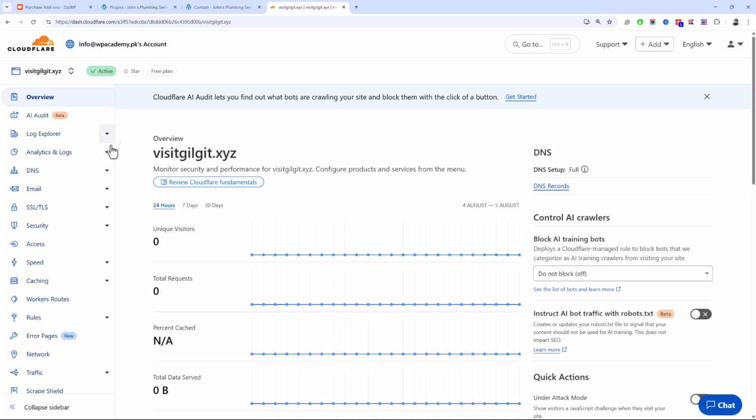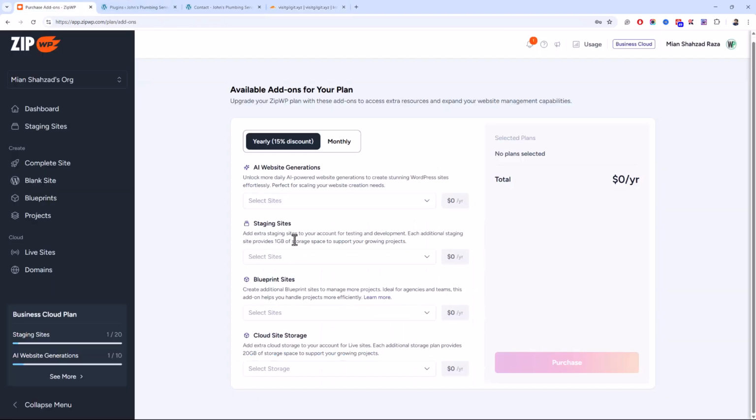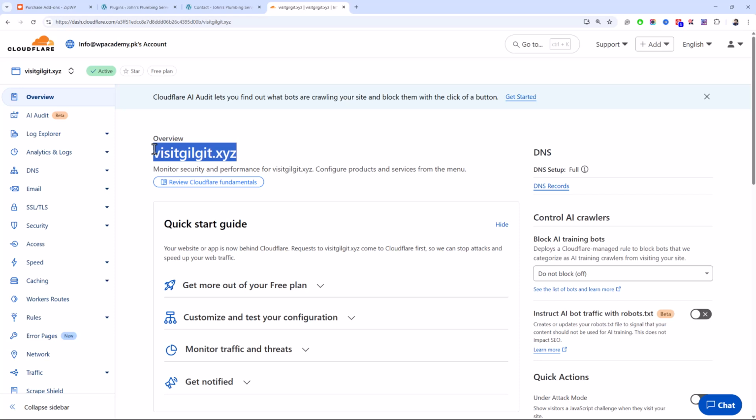Let me quickly show you how to connect a custom domain with your ZipWP website, if you want to host your website on ZipWP's cloud. This domain is not related to this business in any way. I am just going to show you how you can connect, because I have this free domain available in my account. So I'm using Cloudflare for all of my domains. You should also use services such as Cloudflare to secure your websites from unwarranted threats, or to improve the